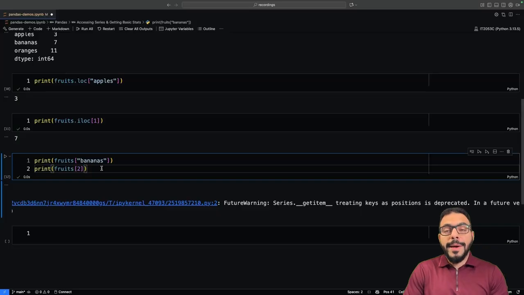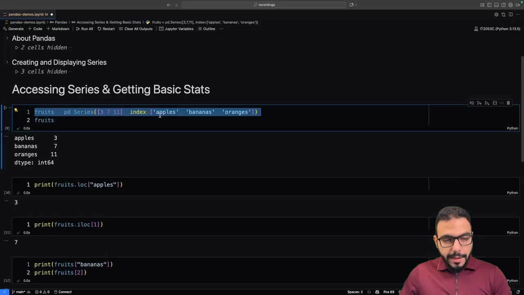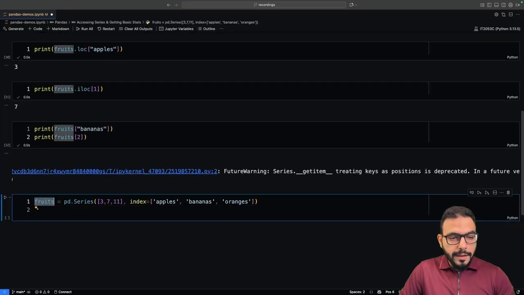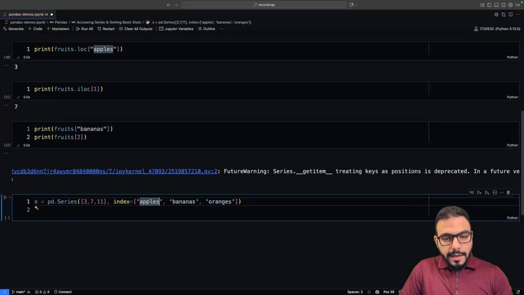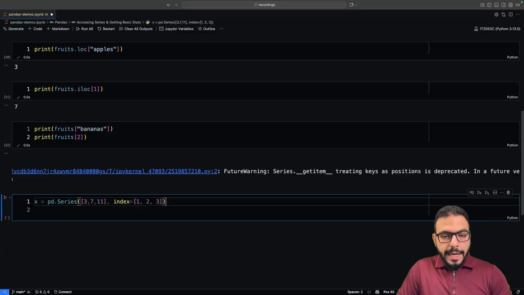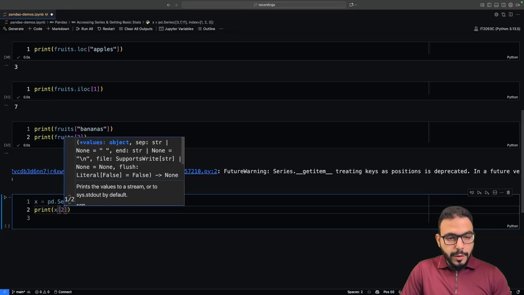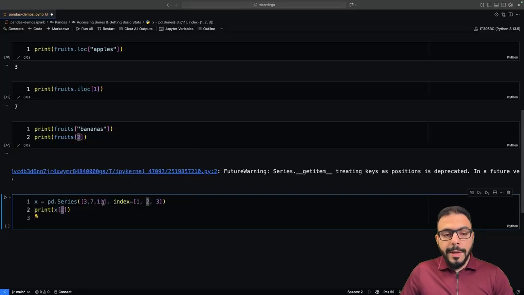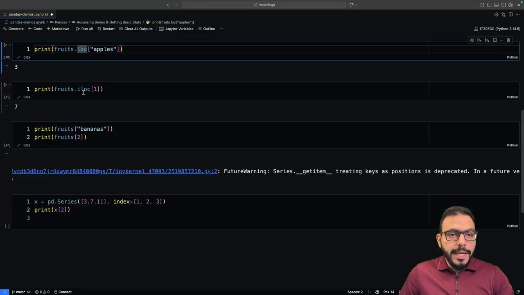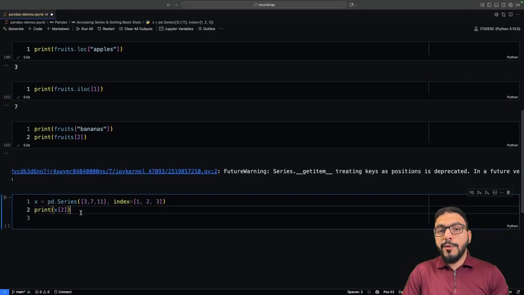You don't really know, am I reaching for an item by its label, or am I reaching by its position? If I copy this one over here, and let's create another set, let's just call it X, and I happen to change my indices so that they start with the number 1 instead. So I have 1, 2, and 3. Now, it could be very ambiguous if I try to print out the item X2. Am I reaching for it by position? Am I trying to get this item right here? Or am I getting it by label and I'm trying to get this item here, which in that case would be 7. This is where the location and the index location functions here help remove this ambiguity